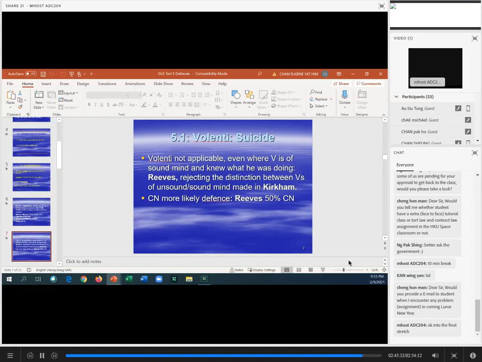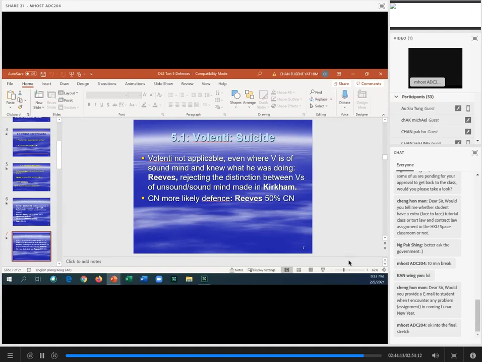But that distinction has been abolished now, as evidenced by the Reeves case. And in the Reeves case, the victim did commit suicide. Reeves is on page 124. He committed suicide while in police custody. The police said, aha, Voluntary, he's killed himself. Right? He knew what was going on. And the court said, no, this was a case of contributory negligence in the Reeves case, and there was no Voluntary. And in Reeves, the court found that there was contributory negligence, quite a high percentage, 50%.